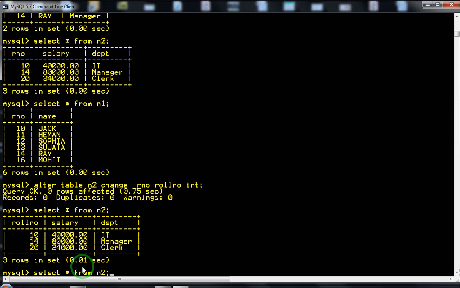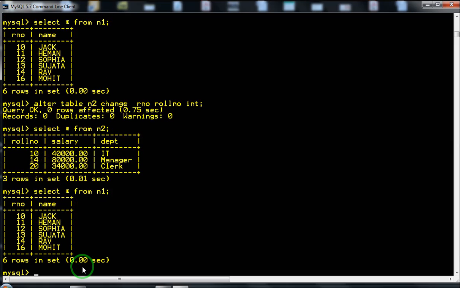and then N1 is R number. So if you want to use equijoin in this, select star from N1 comma N2, where N1 dot R number equal to N2 dot roll number.